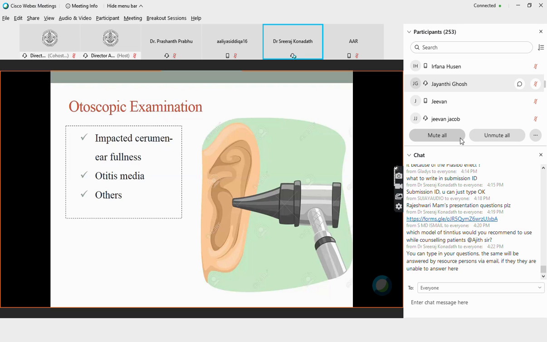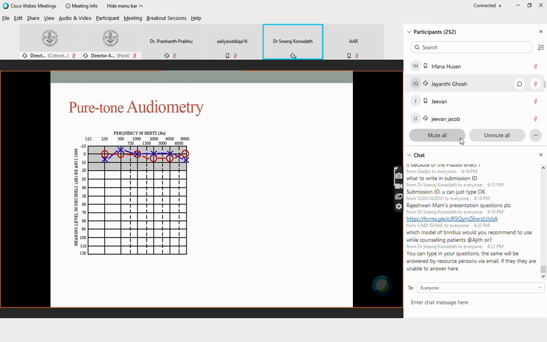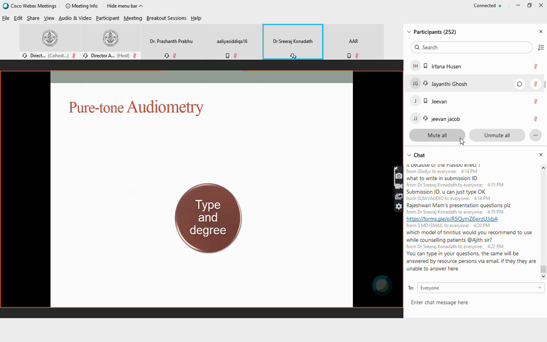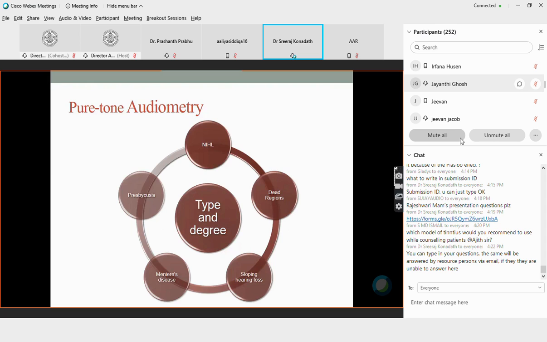So it is better if we can get some information on whether tinnitus is caused by some problem with the conductive system of the ear. And now going into pure tone audiometry, what extra do you have to do, or is it sufficient to evaluate from 250 hertz up to 8000 hertz? Basically, your pure tone audiometry is going to give information on the type and degree of hearing loss.